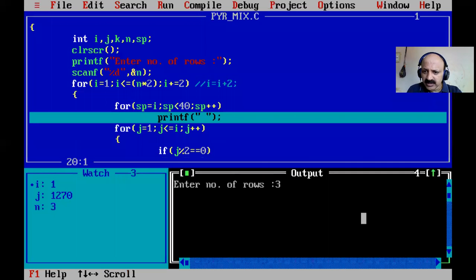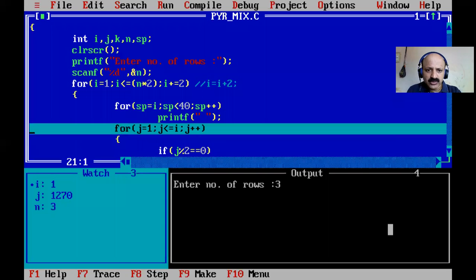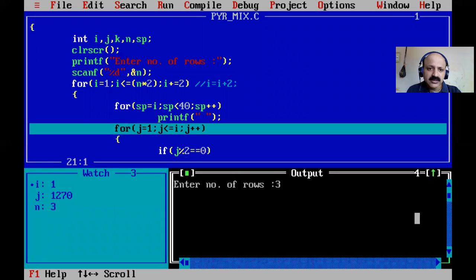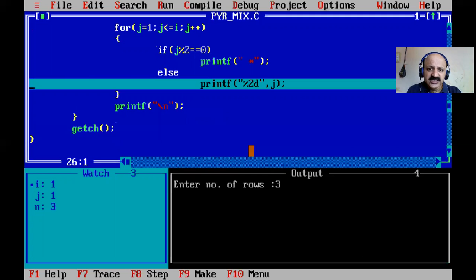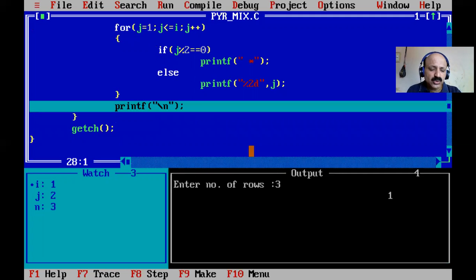Here our cursor is blinking now. Perfect, here 39, and j is garbage. Now j equals 1, but look, j modulo 2: j is 1, so the if condition is false. That is perfect. Print j, so 1. The first row is perfect.